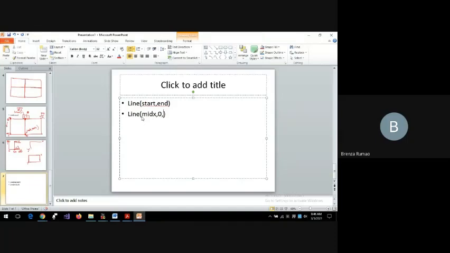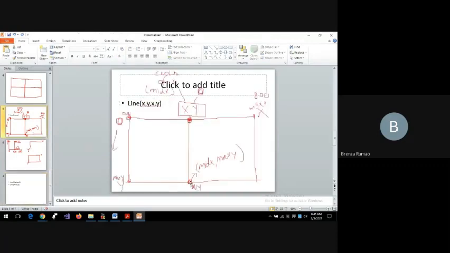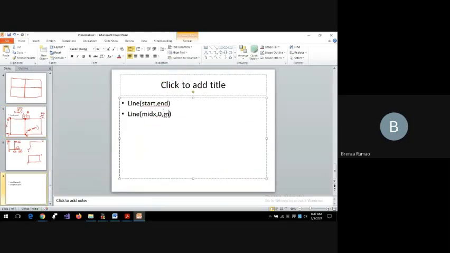Talking about end points, endpoints are basically, as we discussed, mid x and max y. So यहाँ पर आएगा mid x for x-axis again and max y for our so-called y-axis. So this will be our first line which we are supposed to draw. Okay, so ये first line जो है वो हमको मिल जाएगी, and this is how we are going to do